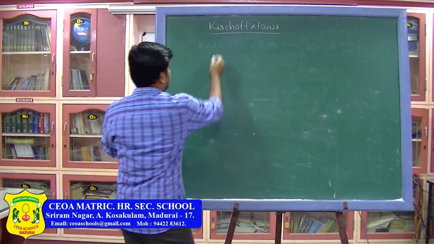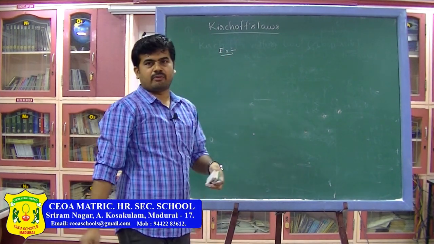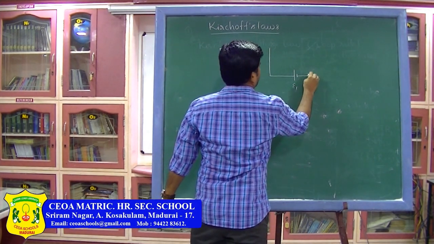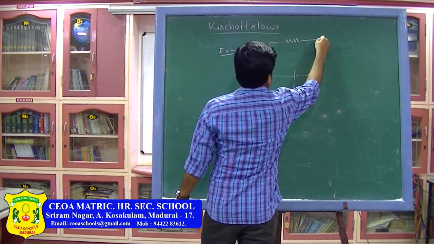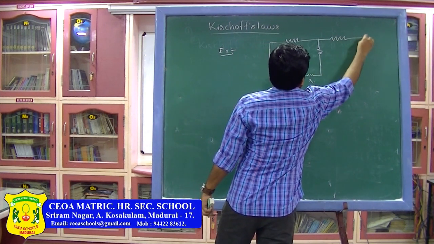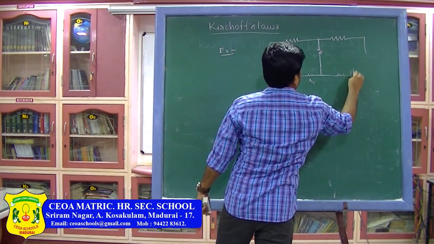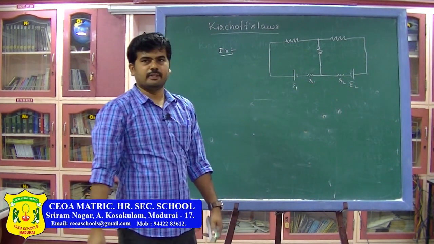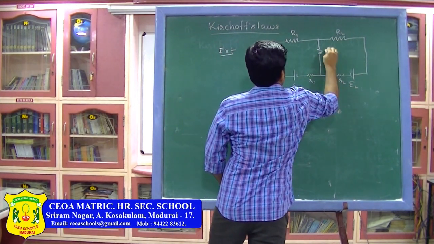So, let us take another example for Kirchhoff's voltage law and writing the loop equations. Let us see the circuit having two cells, one of EMF E1 and its internal resistance, and there are three resistors like this, this is R1. Here, one more resistor R3. This is the circuit with two cells and three resistors. This is R1, this is the R2 resistor and this is the R3 resistor.